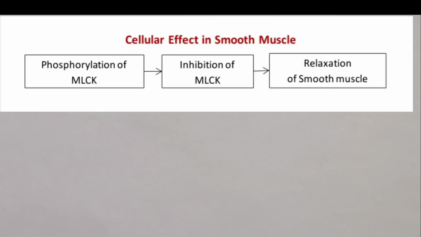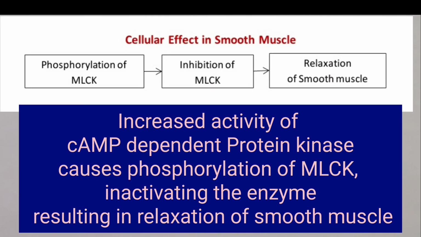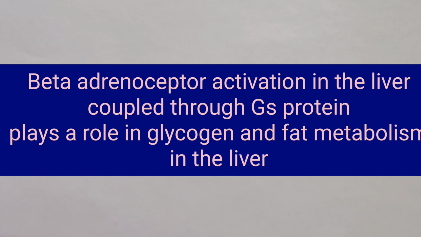In the smooth muscle cells, cyclic AMP dependent protein kinase phosphorylates myosin light chain kinase enzyme, which is required for contraction. Phosphorylation of myosin light chain kinase inactivates the enzyme and this inhibits contraction, and this accounts for relaxation of smooth muscle cells. In the next example, increased cyclic AMP production in response to beta adrenoceptor activation affects enzymes involved in